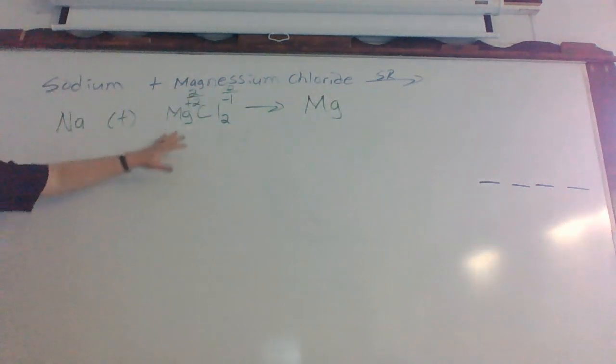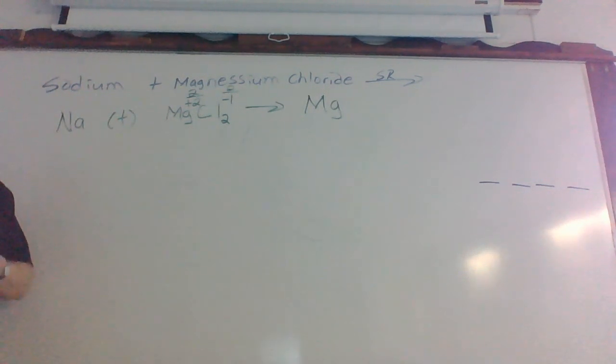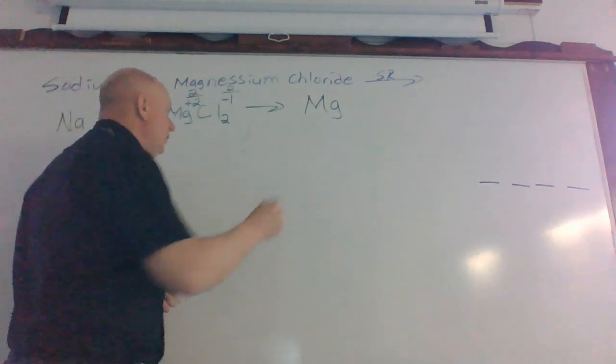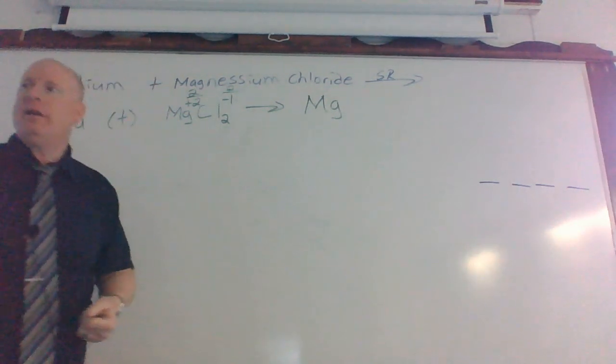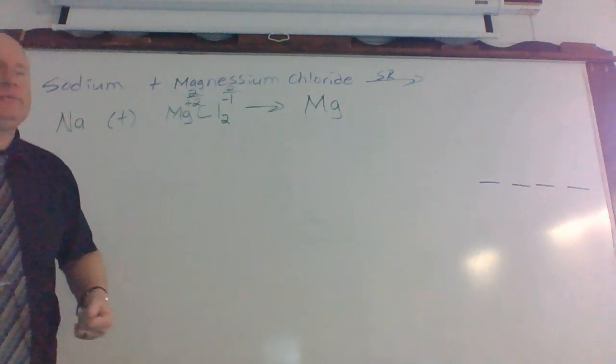Now, will that magnesium bond with sodium? No. It can't. Why can't it do that? You cannot put two positive ions together. Okay? Well, you can, as long as you have another negative ion to bond to it. But anyway,